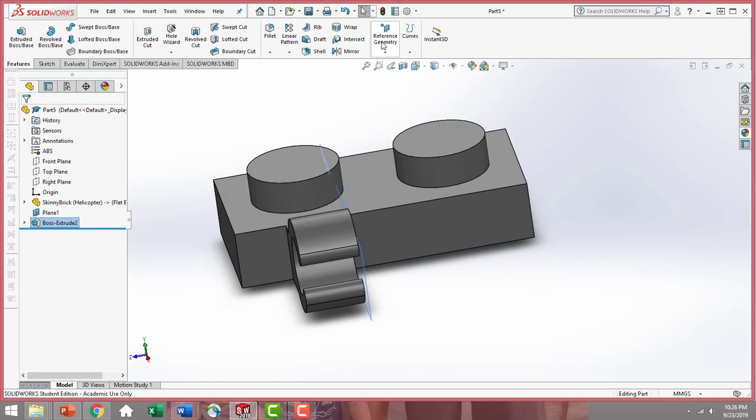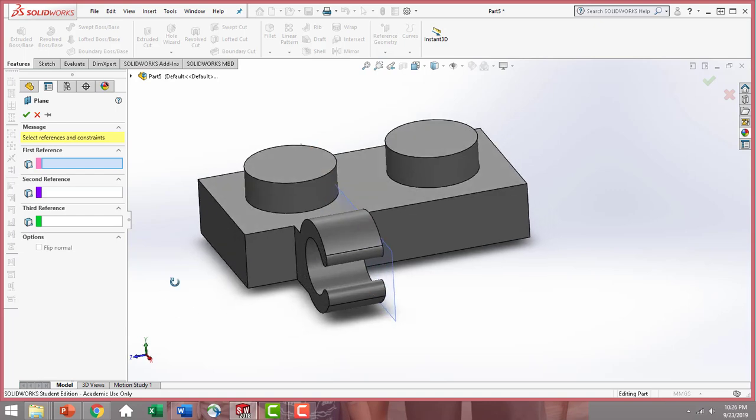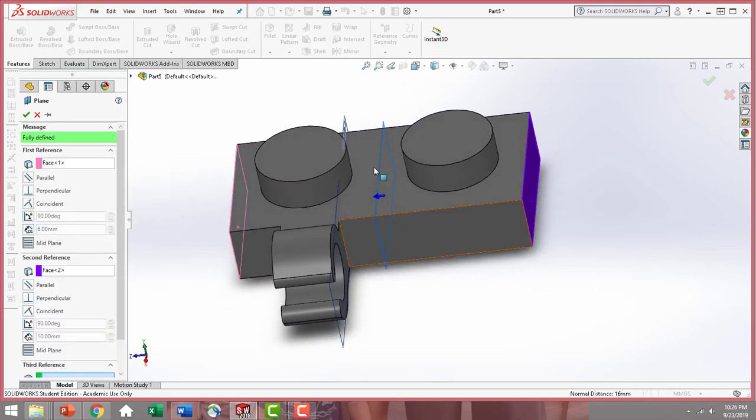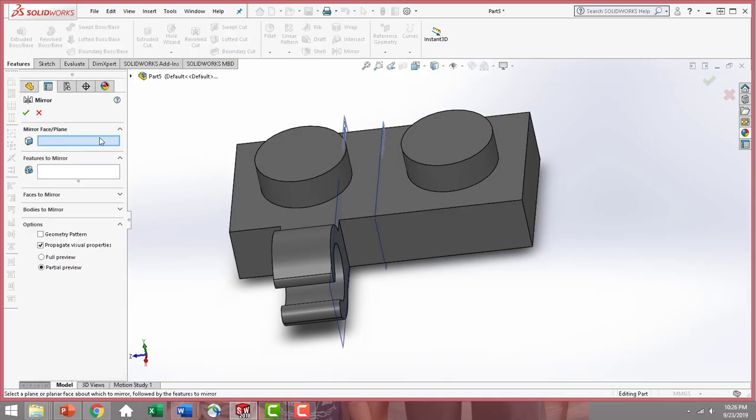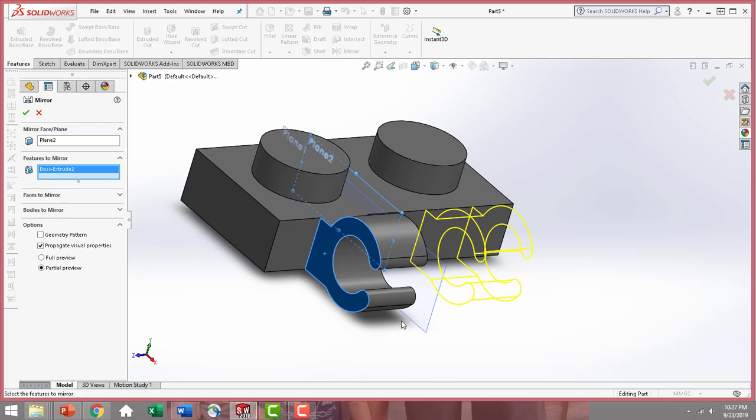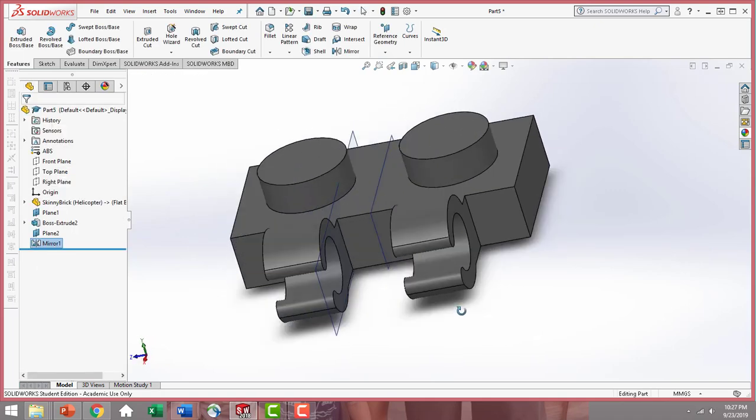So now I'm going to come in and I'm going to go to Reference Geometry and Plane. I want to add a plane in the middle of my 2x1 part so I can just mirror this claw and not have to draw it again. So the first reference is going to be this end, my second reference the other end. So now I have a plane directly in the middle. I'm going to come up to the mirror icon, select that plane you just inserted, then Features to Mirror, select the whole part you just drew, and hit OK. So that saved us a lot of time on that